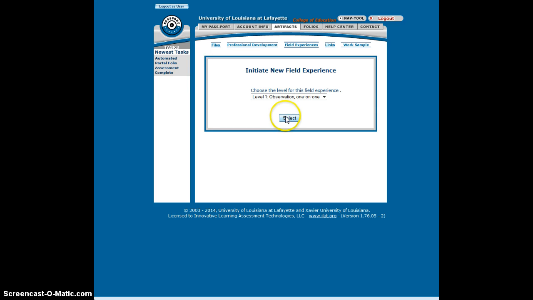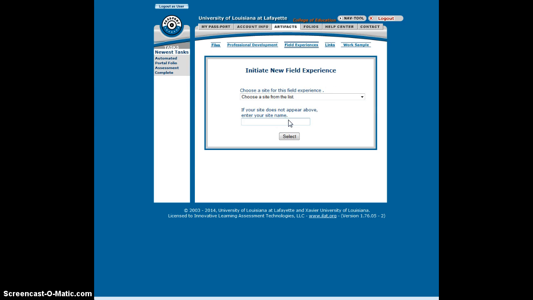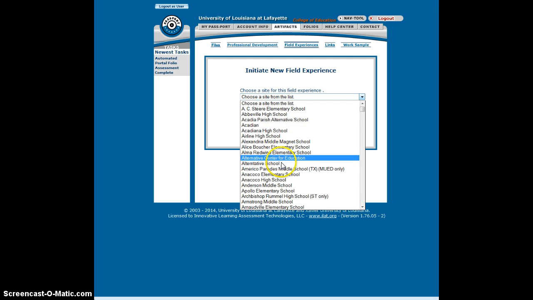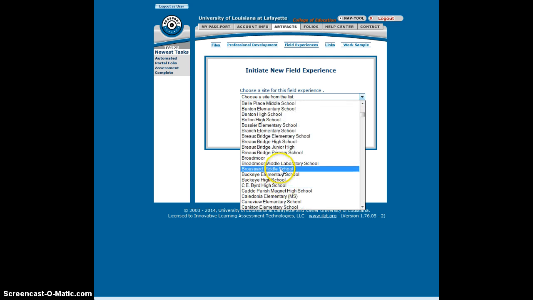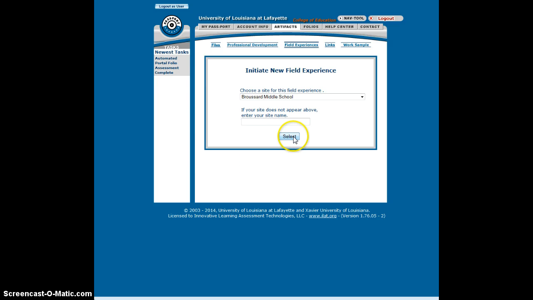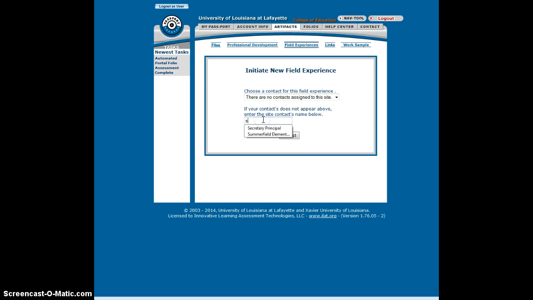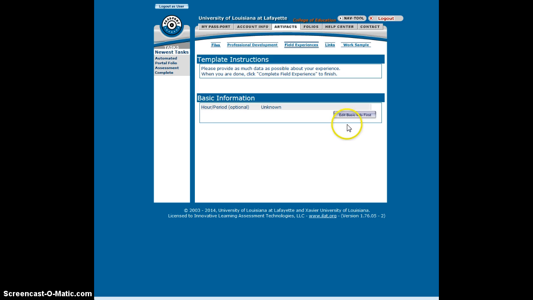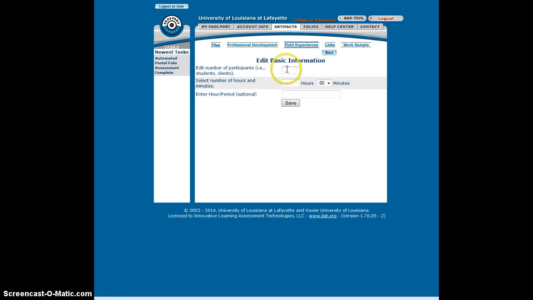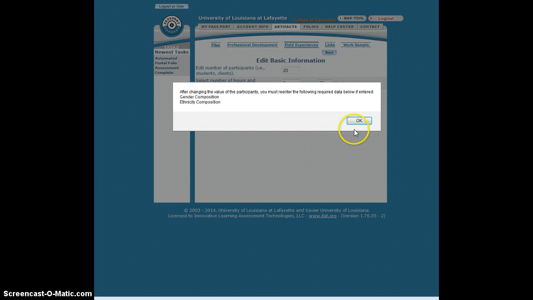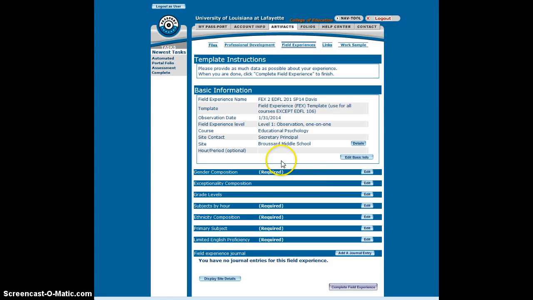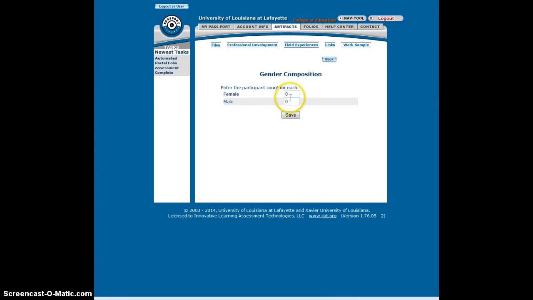Select. It's a level 1. Choose the site. Broussard Middle. Select. Again, this is where you enter the secretary or principal site contact name. Select. Edit basic info. This time, let's say I saw 20 students again for 3 hours, and I would enter the demographics for these students. So gender composition,